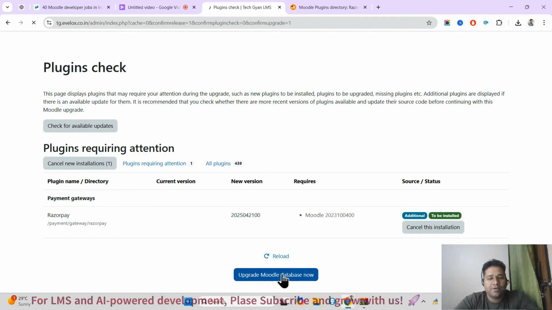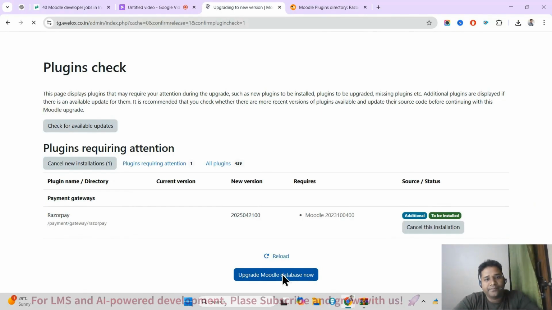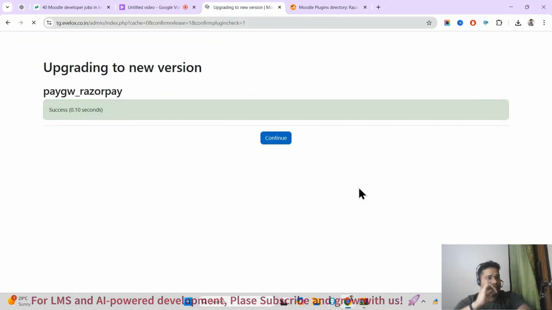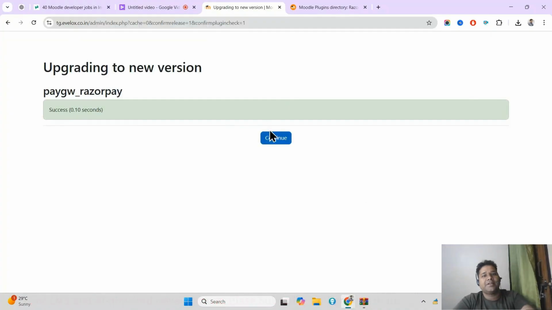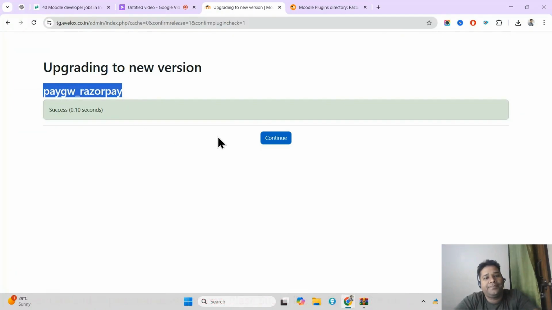Okay, so upgrade Moodle database now. Now you see it's a success. So the payment gateway, pay GW underscore razorpay. If I continue here,